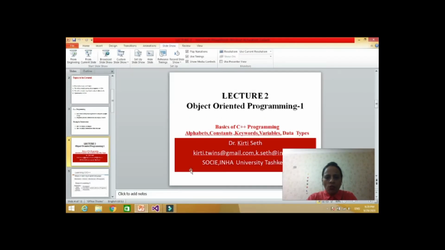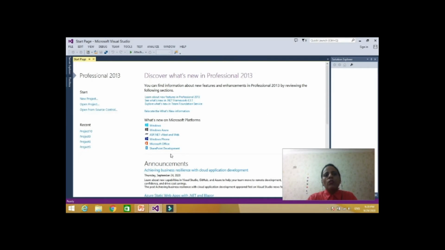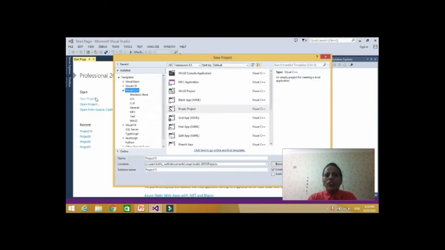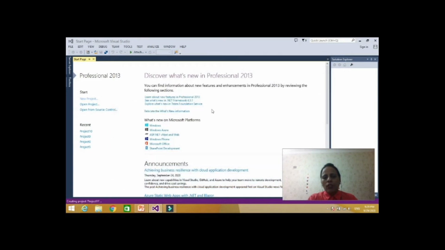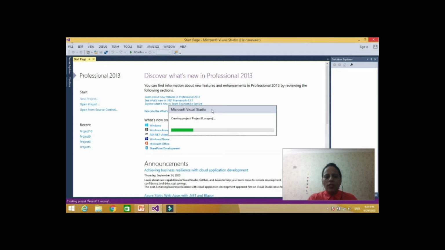So let's check it on Visual Studio. Let's open Visual Studio, go to the new project. I am doing this again and again so that you can check the process. Okay, Visual C++, empty project. It should be an empty project. Open this empty project. It will take a few seconds. I am doing this process again and again. For 2 weeks I will do this so that you become habitual of how to open the project. After that I will not keep on repeating this.